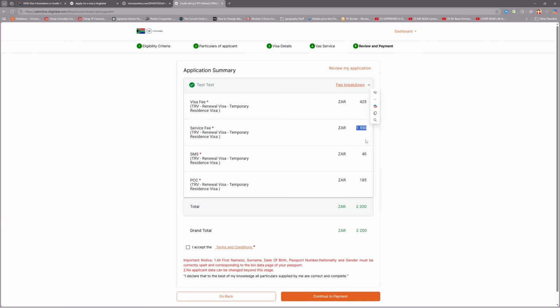You pay 1,550. The SMS I've already explained is 40 rand, and then the PCC fee is called the police clearance. So if you're doing a renewal in the country and people have been telling you that you need to get police clearance, you can just pay VFS and they do it for you. If you've already done it on your side by yourself, VFS will not take that police clearance. They want to do their own police clearance or police background check on you,